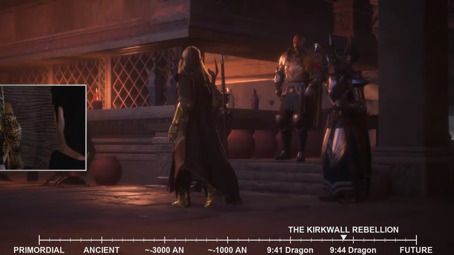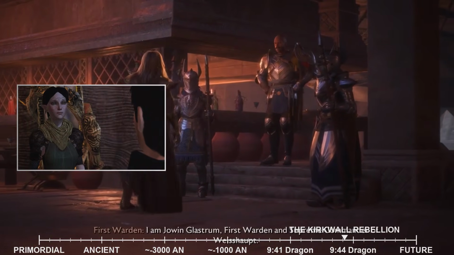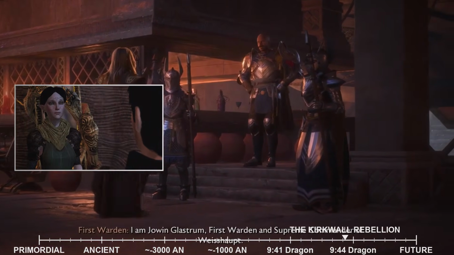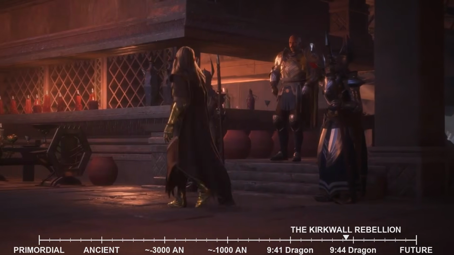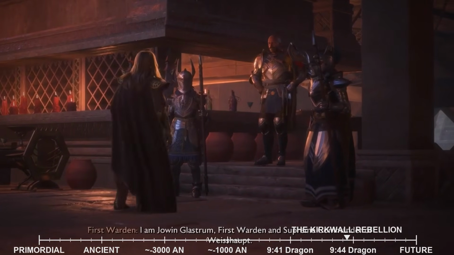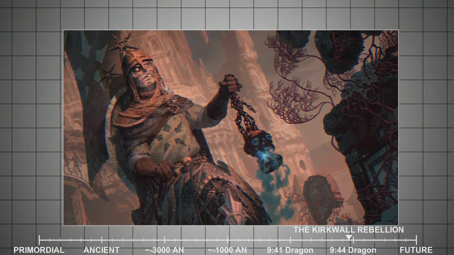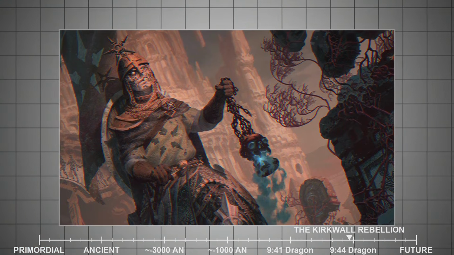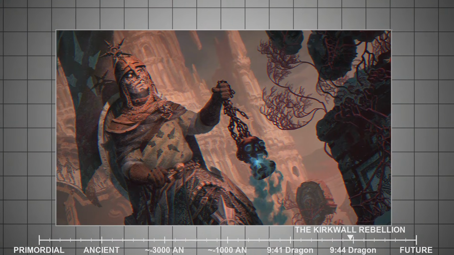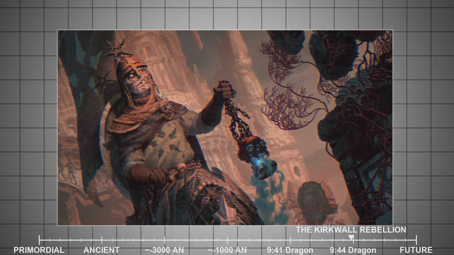Among the many individuals Hawke encountered and assisted during these formative years was Merrill, a young and earnest Dalish elf mage. Merrill, driven by a desire to restore the lost glory of her people, sought to repair an ancient elven mirror known as the Eluvian. This mirror, however, was not merely a decorative artifact. It was a powerful, dangerous relic, imbued with ancient magic and potentially corrupted by demonic influences.